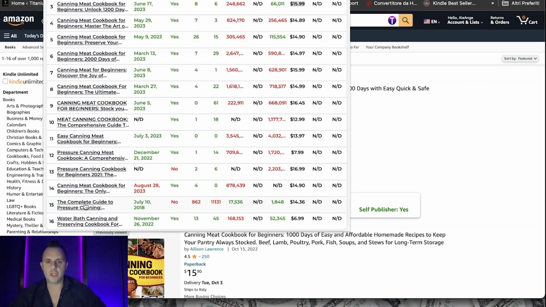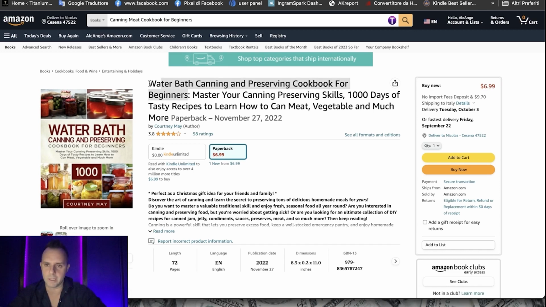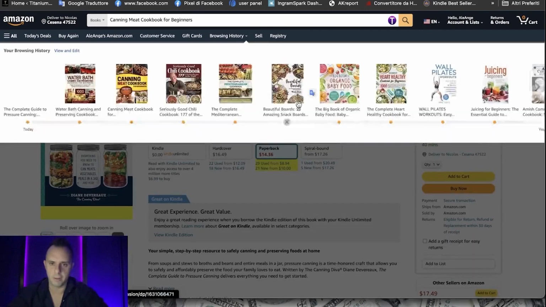Having said that, we see that there are 2 other profitable books below, but they are not canning meat cookbooks. They are a complete guide to pressure canning and a water bath canning and preserving cookbook. So these ones here, if you want, you can open them up with a screenshot on the side. We already had a hint of what else might be profitable. So this is a keyword that, according to the parameters we said, you could go and check on your own. This one you clearly don't take complete guide to, but the keyword basically is pressure canning, and then you take pressure canning, do